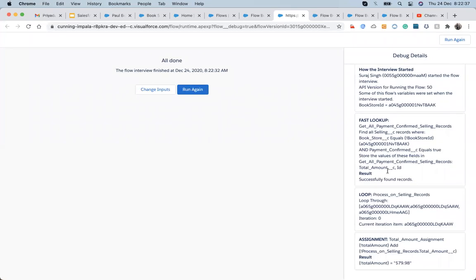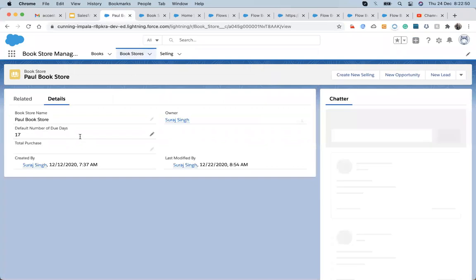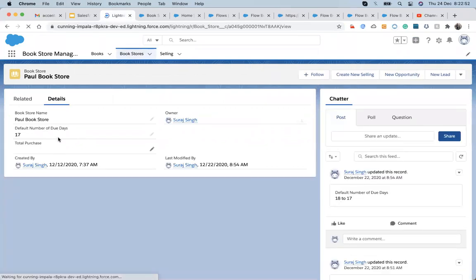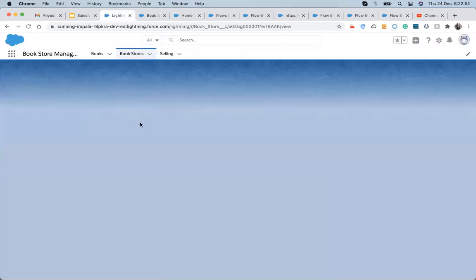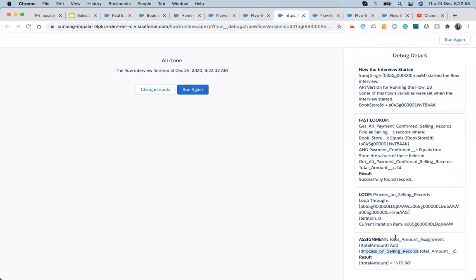It executed successfully and the total amount field was calculated. That is $79.98. Why is it not updating up here? Assignment found, but it has not updated the record.